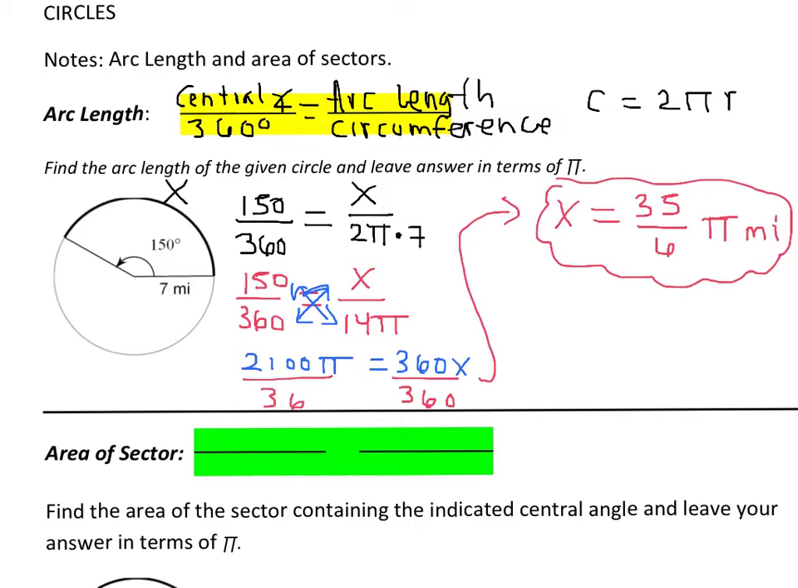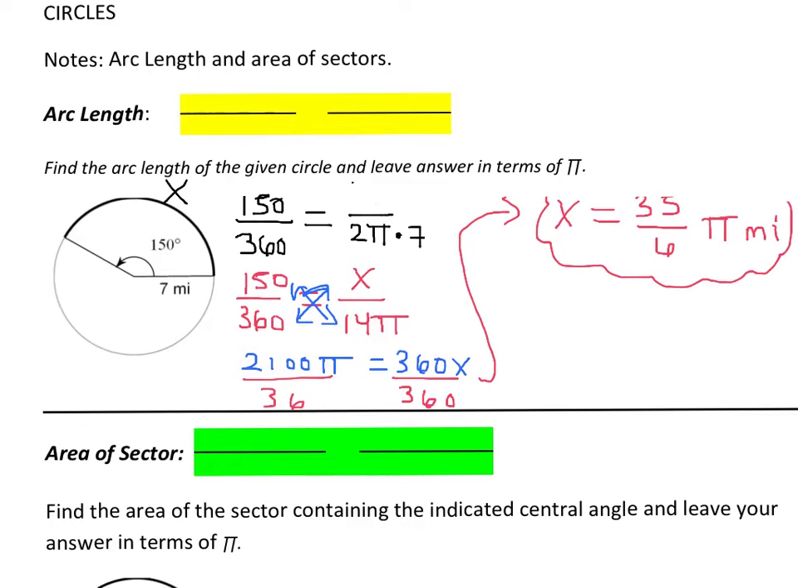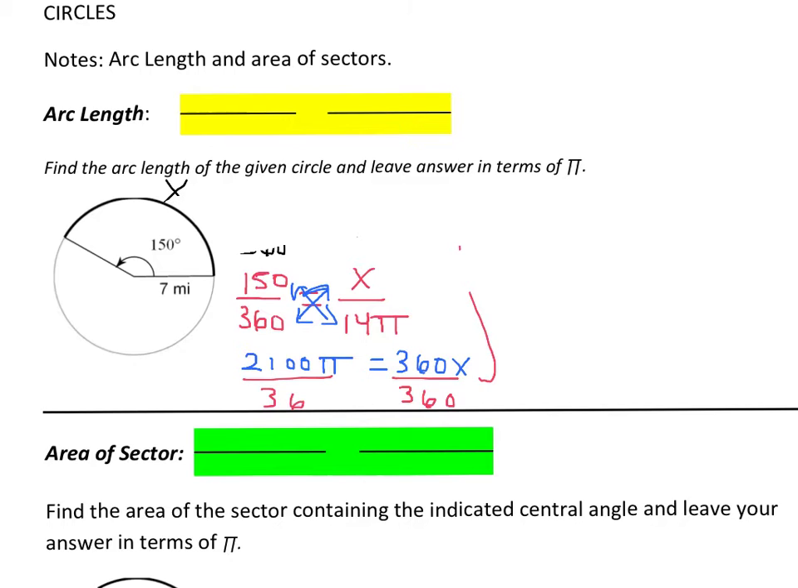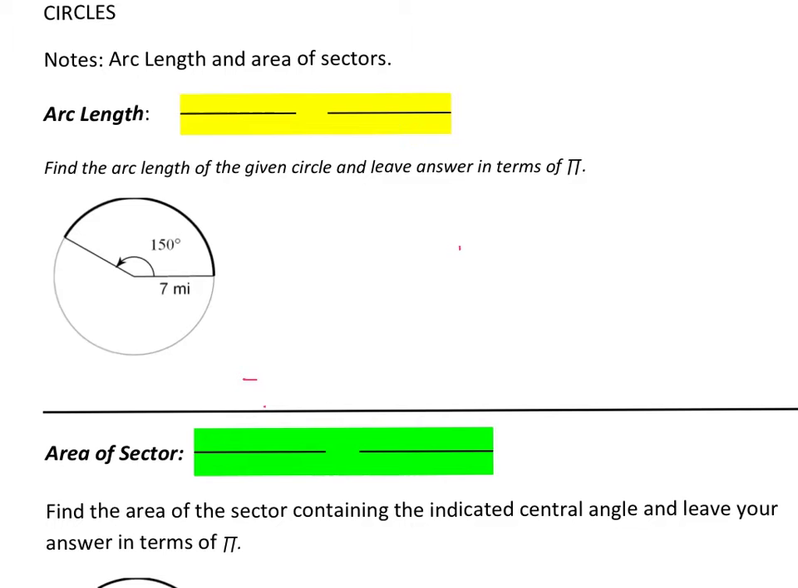So as you can see, all we have to do is understand this formula, then substitute into the formula, and then simplify a little bit. We're not computing pi because it wants us to leave our answers in terms of pi. And then this is a proportion, so we cross multiply, and then we find the arc length of the sector that is being asked. Okay,